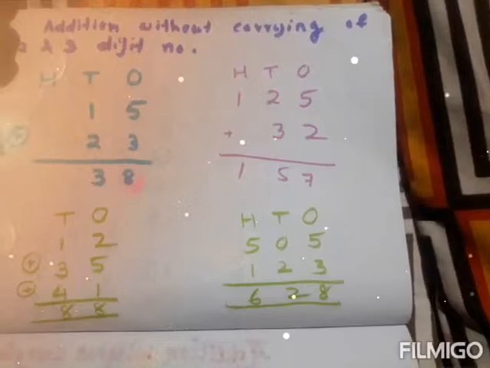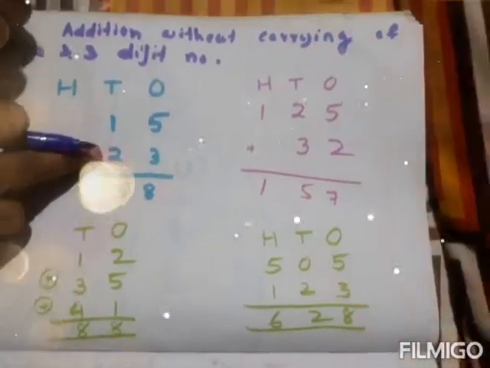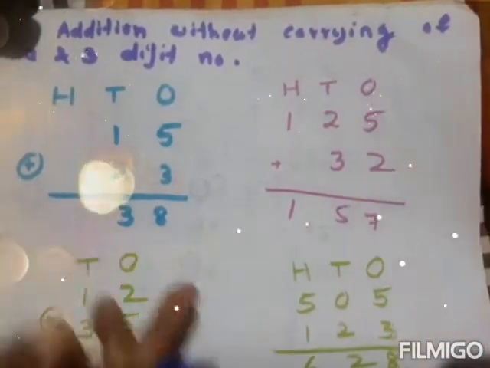So 5 plus 3: keeping 5 in your mind and 3 in your hands, 5 after 6, 7 and 8, because you have to do the addition, no? Addition means you have to count forward. Okay, 5 after 6, 7 and 8. Now coming to the tens place, 1 plus 2: keeping 1 in your mind, plus 2 means you have to count forward, 1 after 2 and 3. So the number became 38.